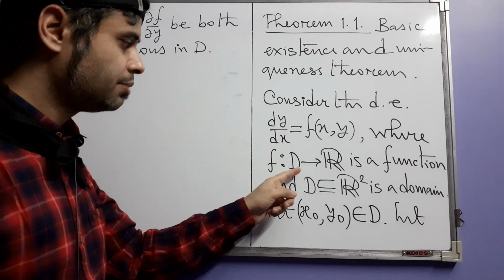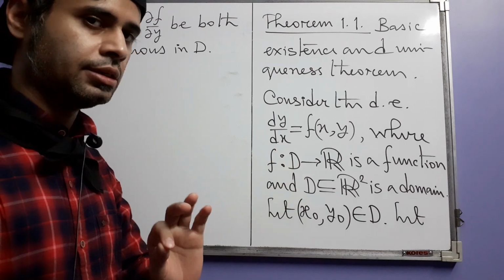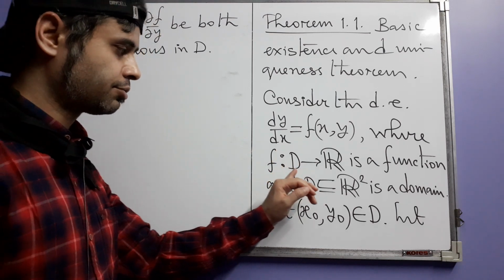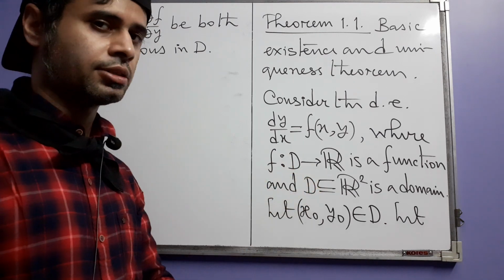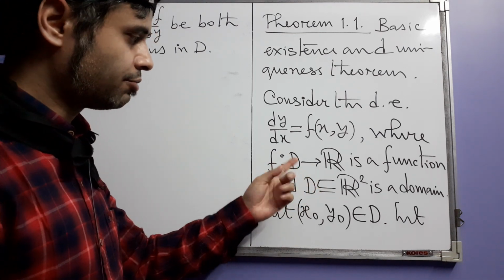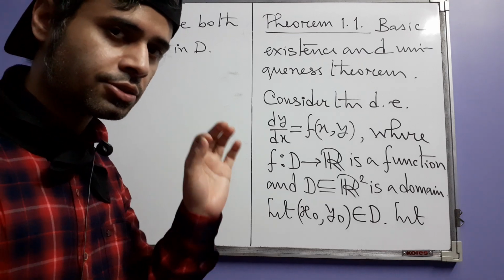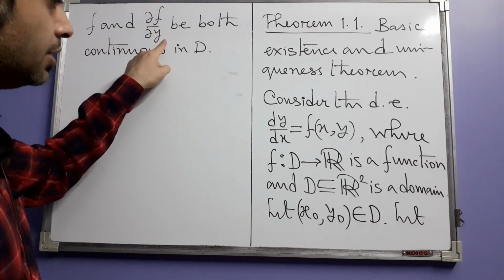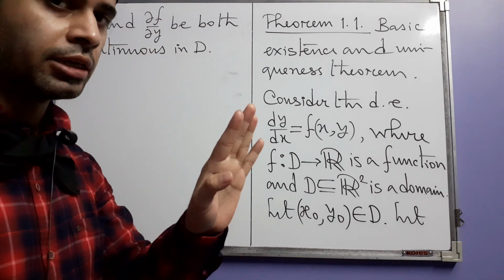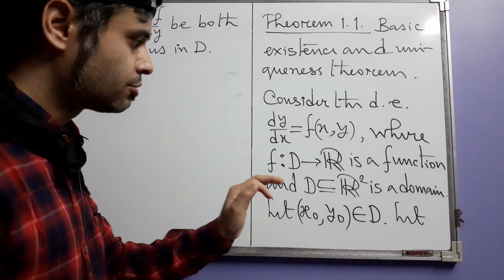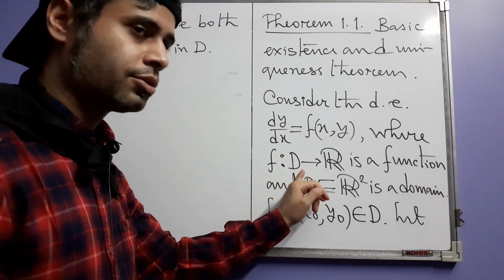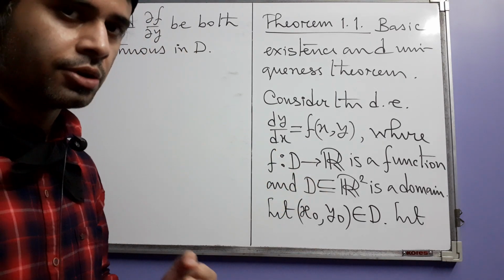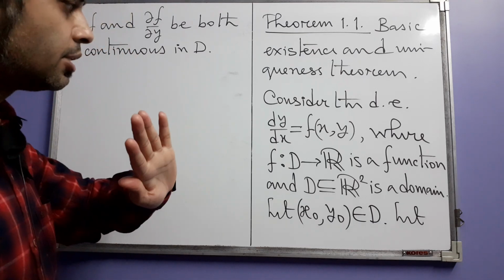That means at every point of D f is continuous. F is already defined on D, so the question of it being defined on D is not there. It's defined on D, that means it has a value at every point, but it also needs to be continuous at every point. And the partial derivative of f with respect to y, not with respect to x, okay, with respect to y, needs to also be defined on the entire domain D, and itself should also be continuous as a function on D. If these two things are true,